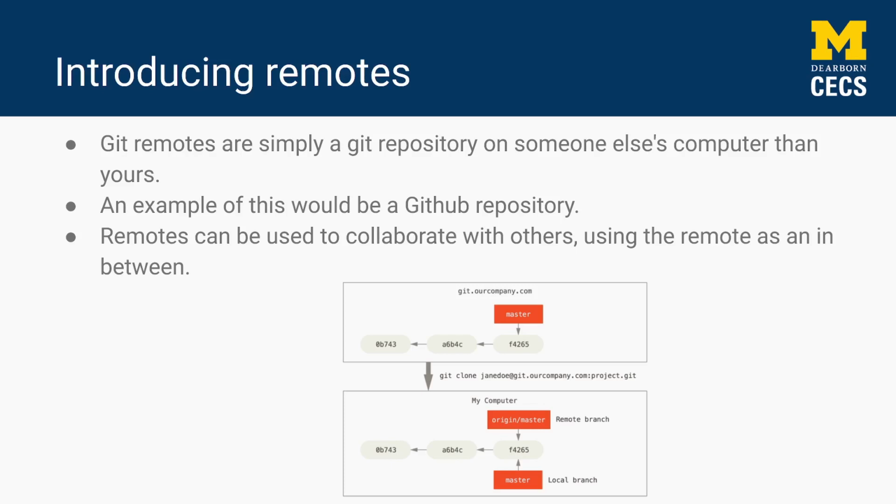So remotes are essentially just a Git repository on someone else's computer. Probably the most common that you'll interact with is GitHub. But you could make your quote-unquote own GitHub by just hosting a Git server on a server somewhere. It's nothing fancy. But essentially, this is just a Git repository, which, remember, is just that chain of Git commits